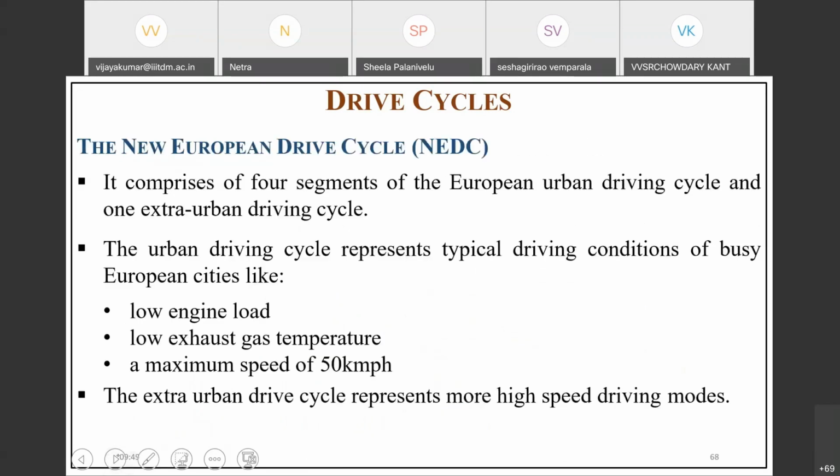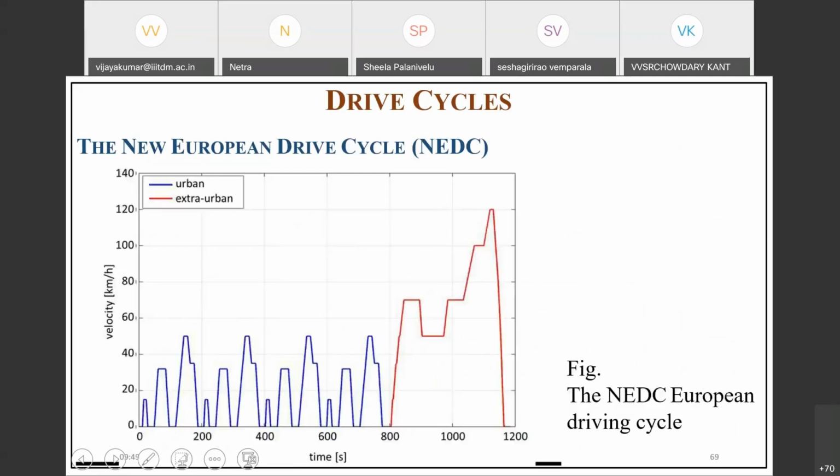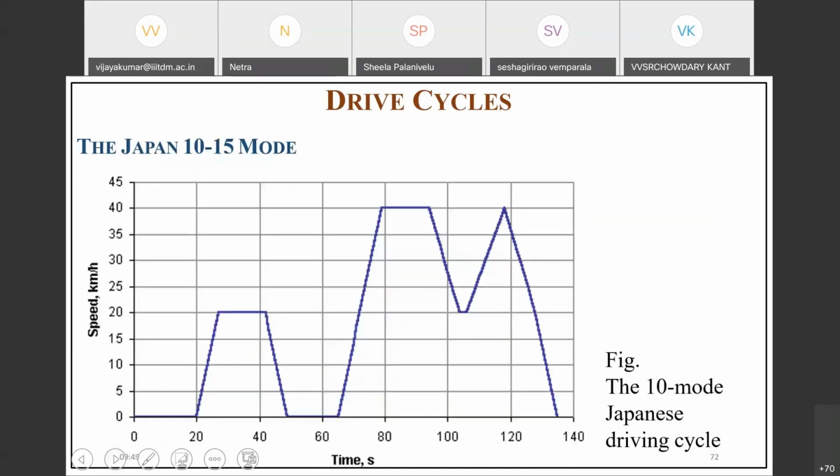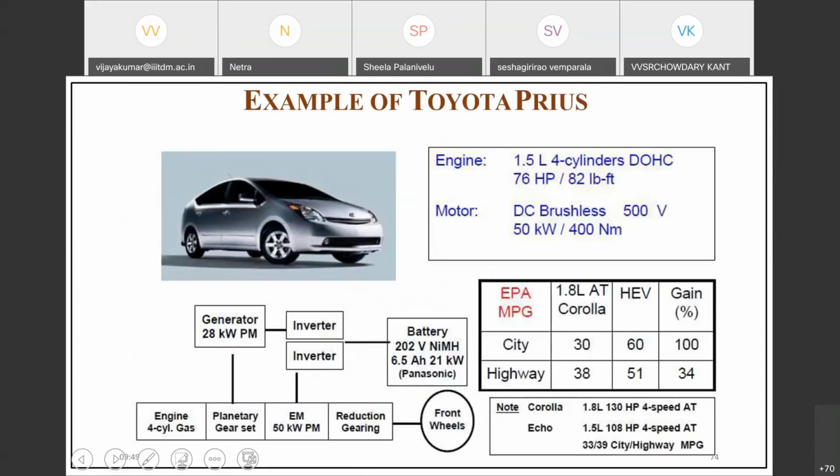I'm going to skip on these drive cycles. So what is the environment condition? What type of road are you using? Everything will come into this picture. Okay, so here I'm giving an example of available models. Almost I have 50 electric vehicles, and in these 50 electric vehicles, you have different types of